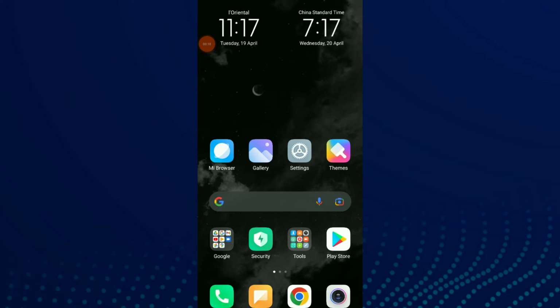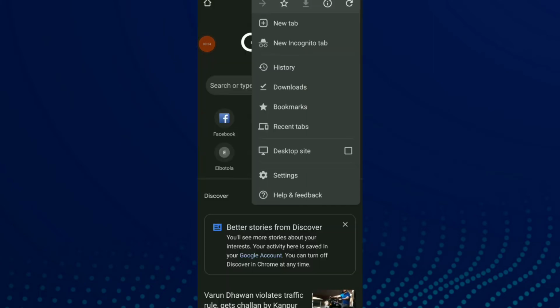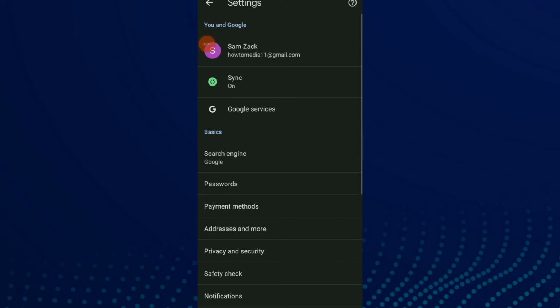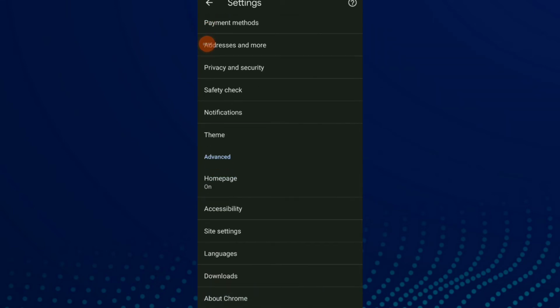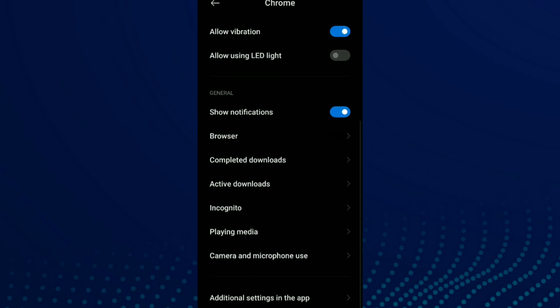First thing, go to your Google Chrome and click on those 3 points up there, and now click on the second before the last setting and scroll down until you find notifications. Scroll down again and click on playing media